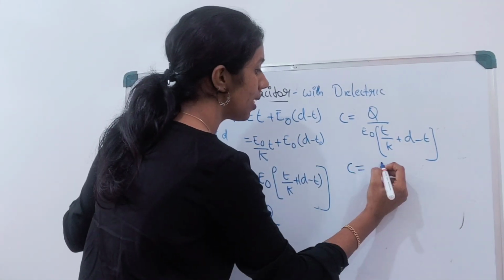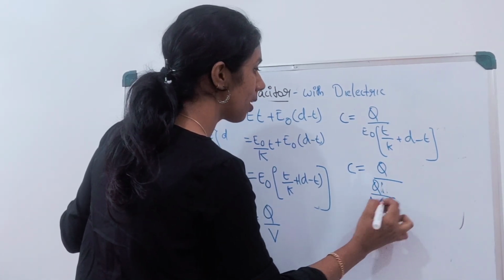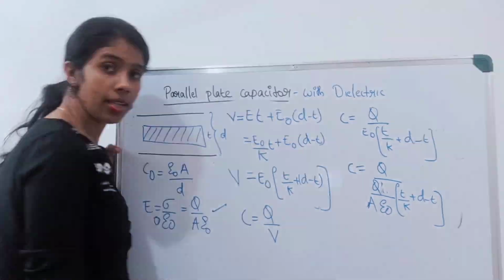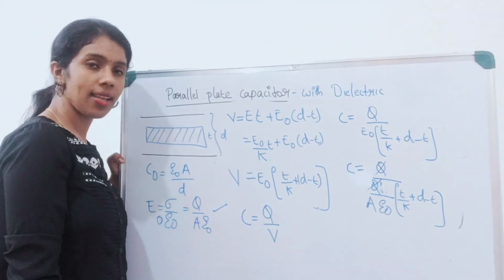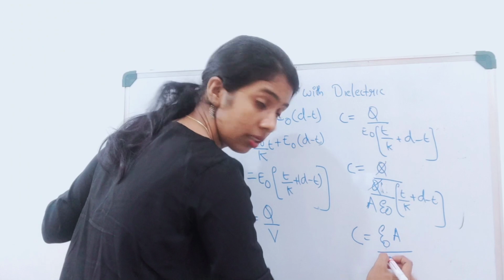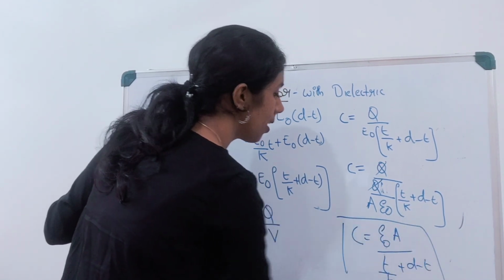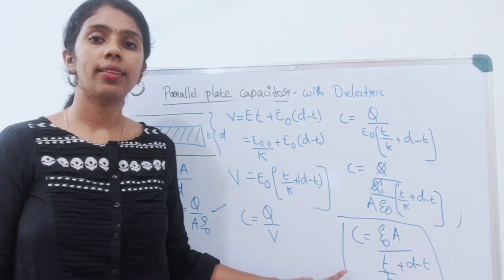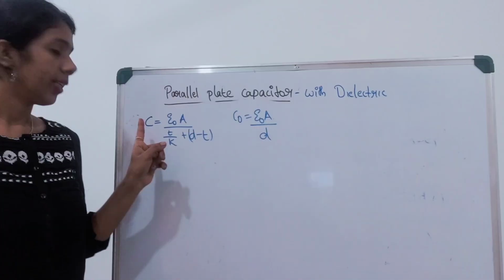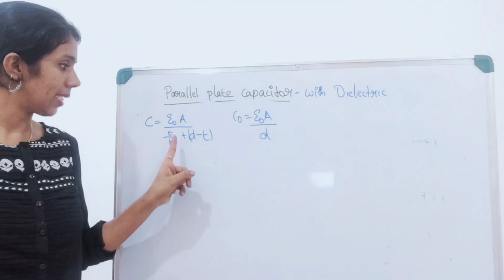So the equation becomes C is equal to Q divided by Q by A epsilon 0 into T by K plus D minus T, where Q is common and cancels, and the final equation becomes epsilon 0 A divided by T by K plus D minus T. So this is the general equation for capacitance with dielectric: C is equal to epsilon 0 A divided by T by K plus D minus T,